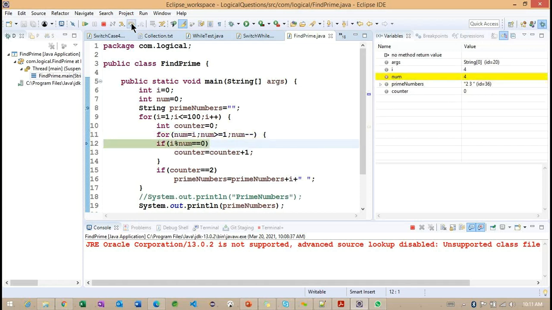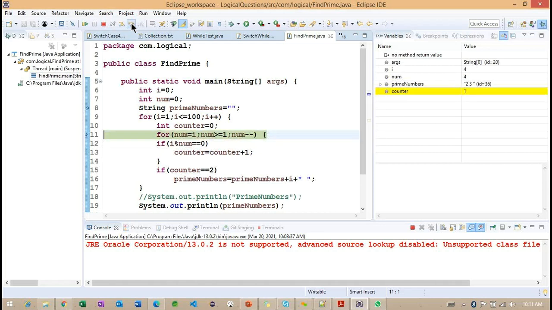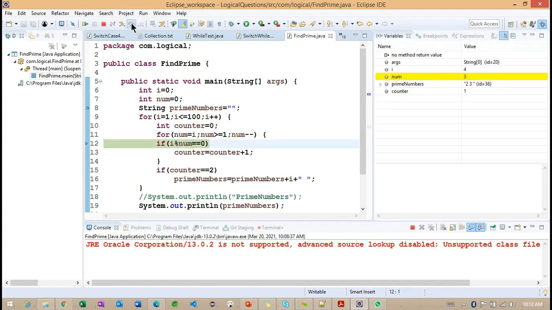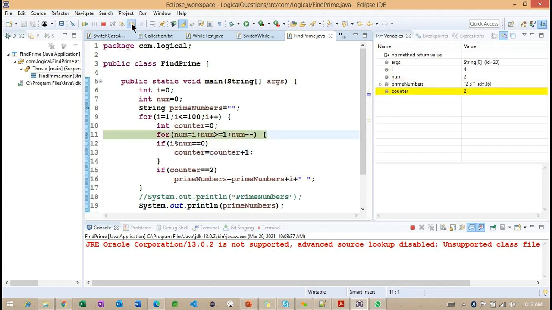Check with the 4. Number 4, I value 4. 4 divided by 4, we are going to get the remainder 0. But now check here, 4 divided by 3. It will not return 0. Then in this case, it will return 0.